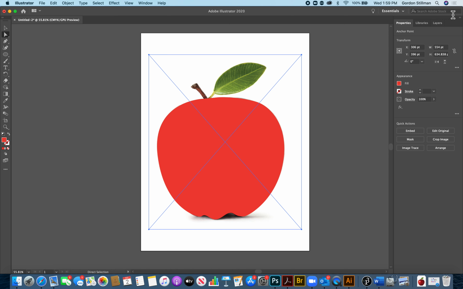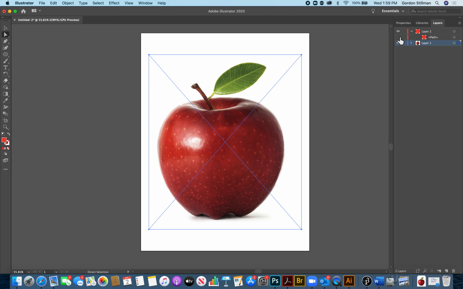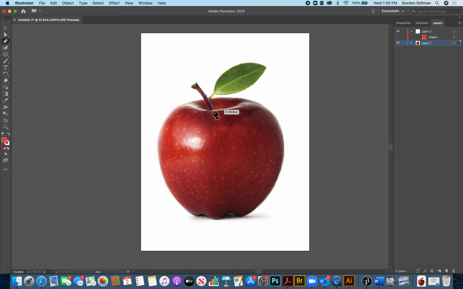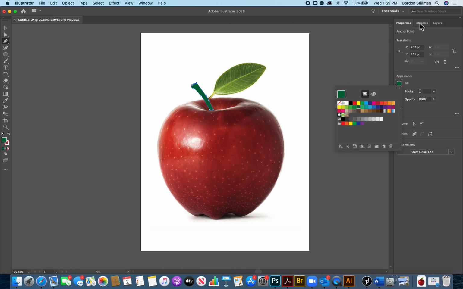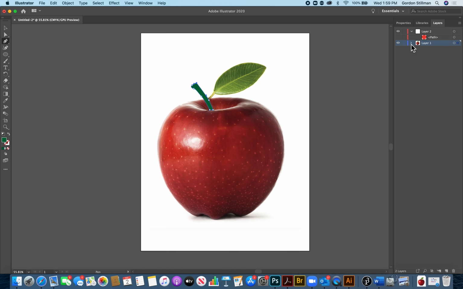Now I can trace the other two parts, and I'm tracing them separately just because that's what makes sense here. So I'm going to open up layer 2 and simply hide the fruit body path. Come back to my pen tool. I'll go ahead and I'll trace the stem first because that'll go pretty quickly. Close that off, and I'm going to come to properties and change that fill color, and then go back to layers. And now when I go back to layers, I notice I accidentally made this stem on the wrong layer. So I can simply drag this path and move it up into layer 2,